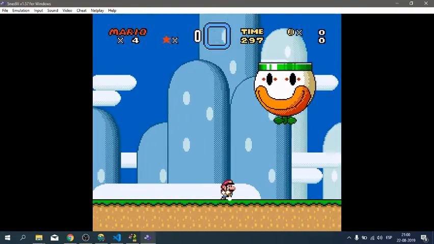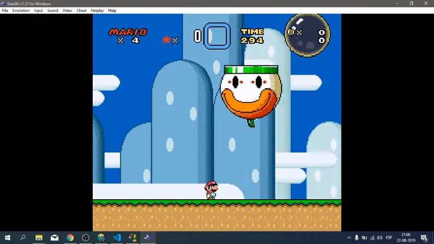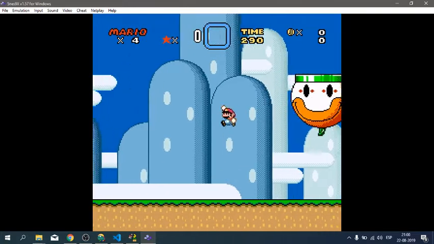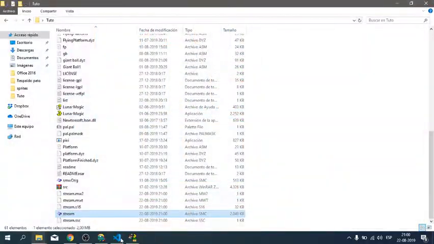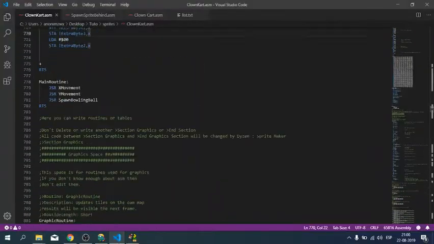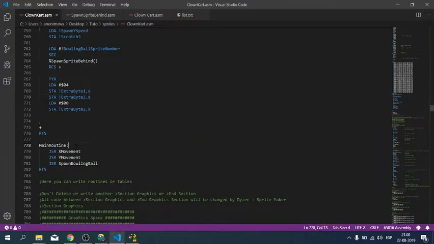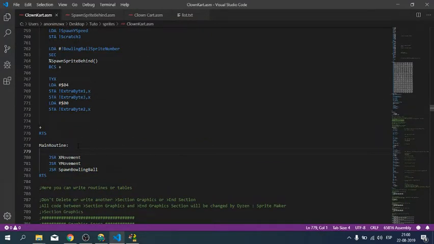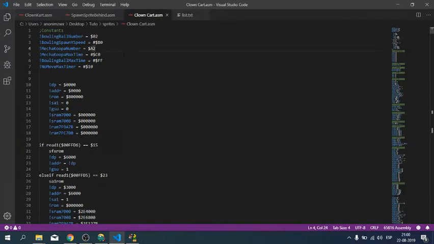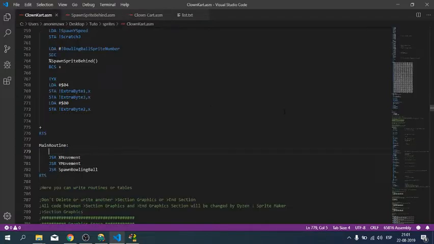Now it throws the bowling balls. Okay, the next step is that we will avoid the movement when it throws a sprite. Then we will do the following. We will have a timer for no movement, for example this timer,